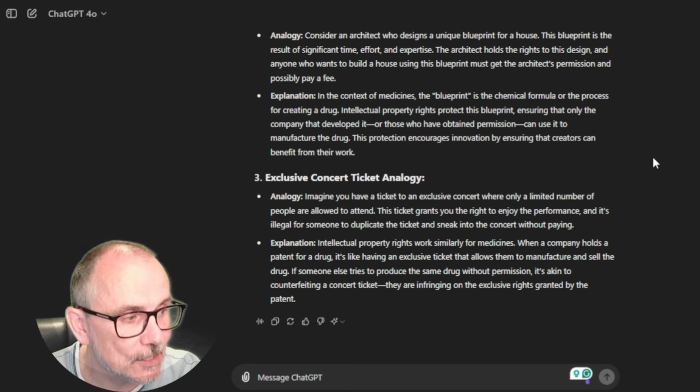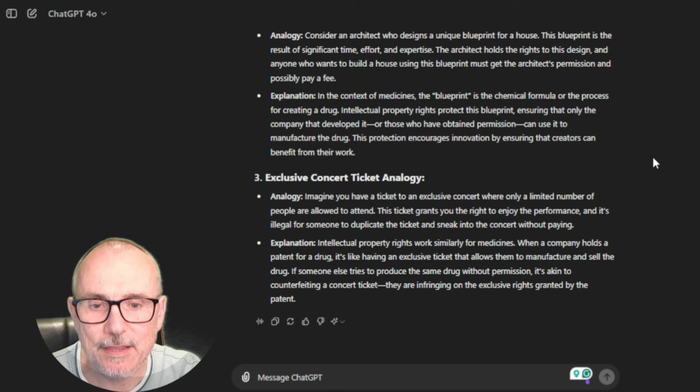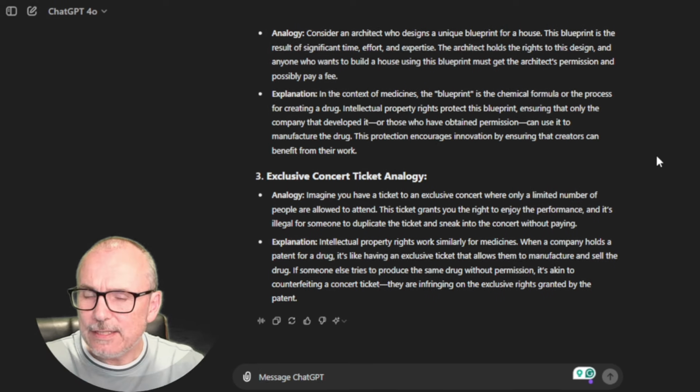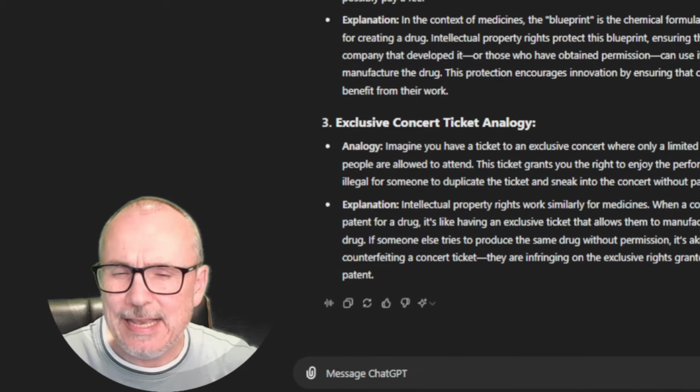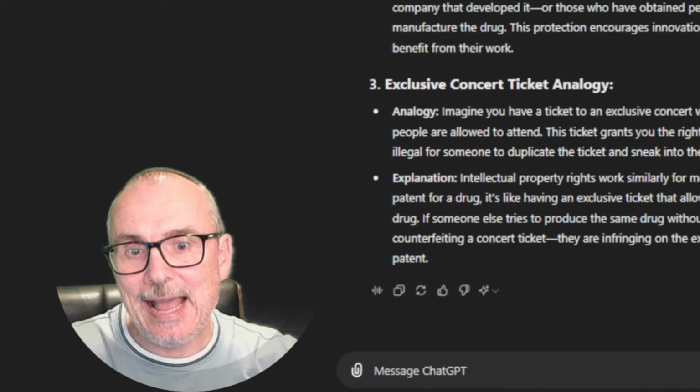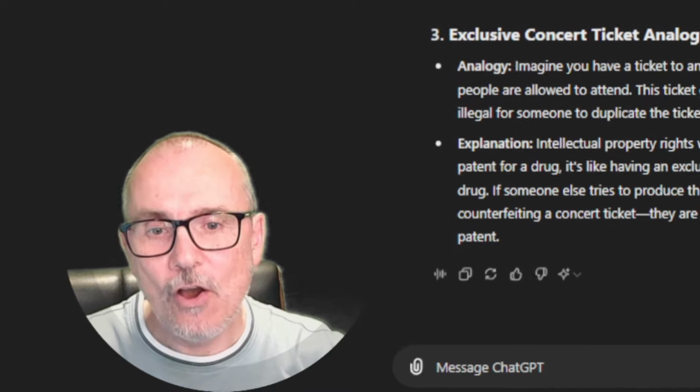They're infringing the exclusive rights granted by the patent. So they're taking quite complex issues and using analogies is a way that you can enhance your learning of a